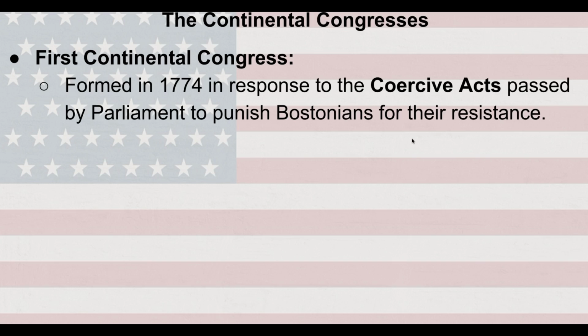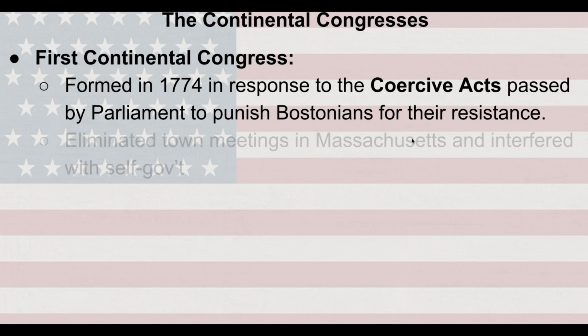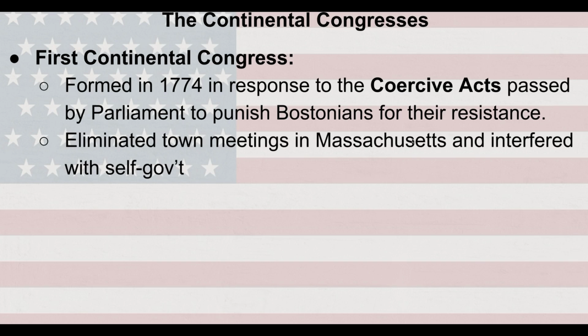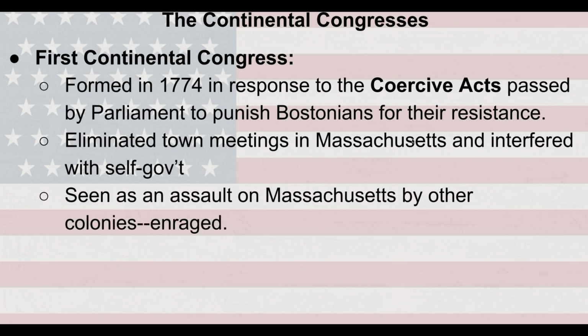They're going to coerce the colonists into getting back in line, and they're going to punish them for their resistance. It's going to eliminate town meetings in Massachusetts, which is going to interfere with the colony's ability to self-govern. And this is going to be a massive blow to the colonists, and it's going to be seen as an assault on Massachusetts. And so the other colonists are going to be righteously angry, and they're going to be enraged,